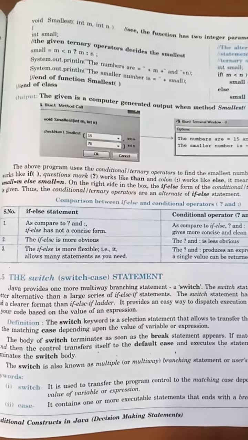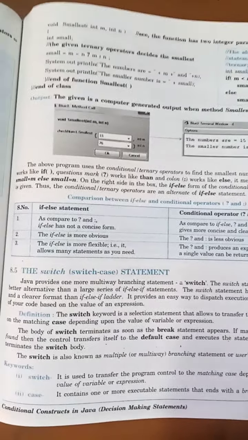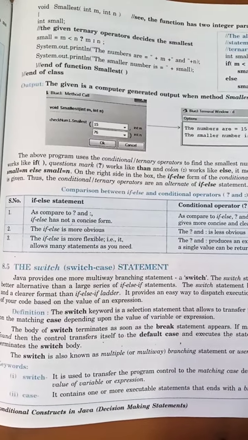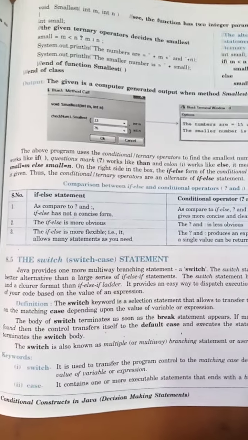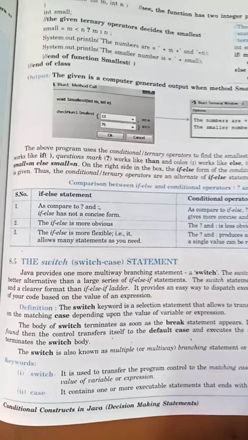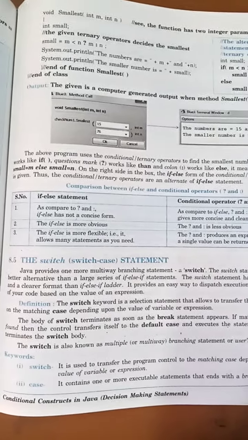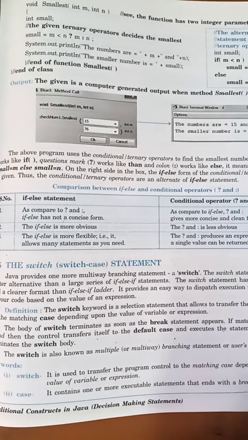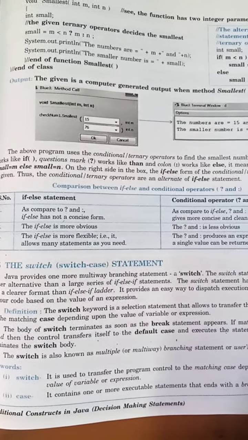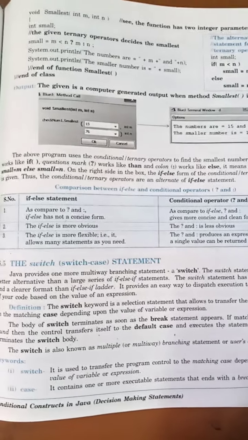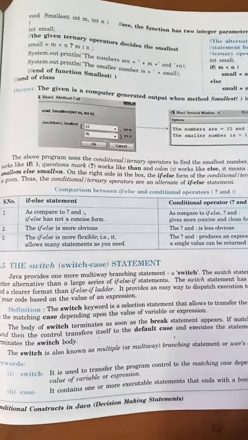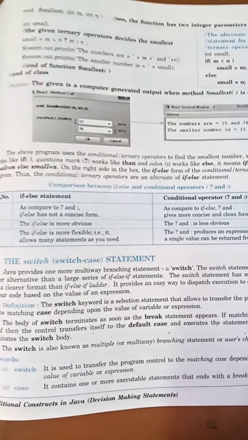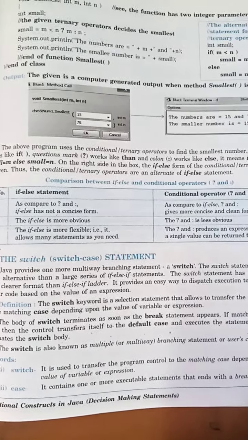There will be a default statement also in the switch statement. Switch will be there first, then different cases, and at the last, just like the else statement, the default statement will be there. This default case will get executed when a matching case is not there. If a matching case is not there, then the control transfers to the default case, and whatever is written over there will get executed. And after that, as it is written at the last, you will be out of switch.